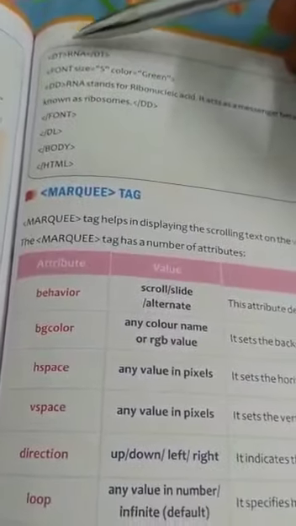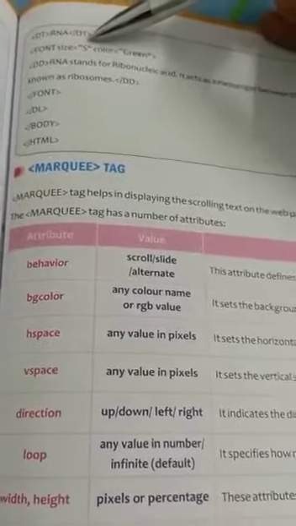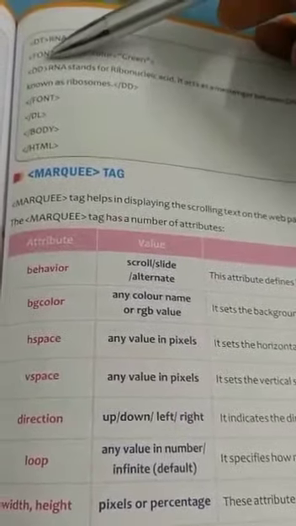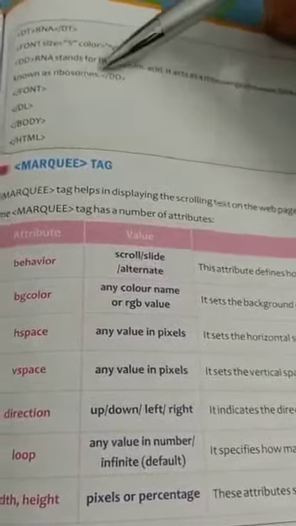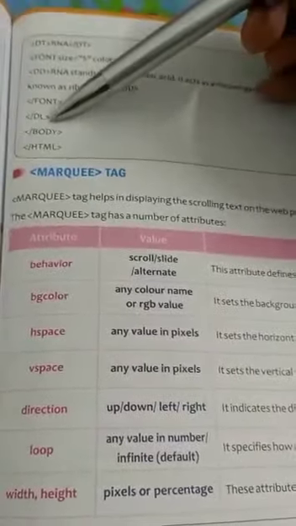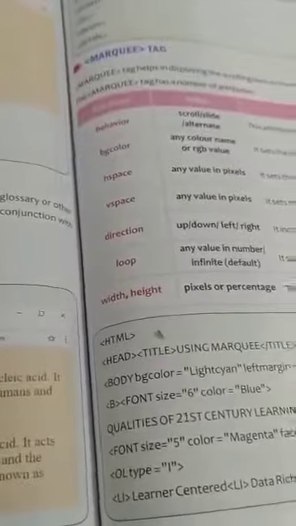Next, DT tag, RNA second term, and then closing of the DT tag. Font size is equal to 5 and color is equal to green. DD tag, the definition of RNA will be written and then closing of the DD tag is done, then closing of the font tag, then closing of the DL tag, body tag, and at last the HTML tag. So the definition list is used to firstly define the term using the DT tag and then helps in describing that term using the DD tag. It is used in combination with the DT and DD tags.